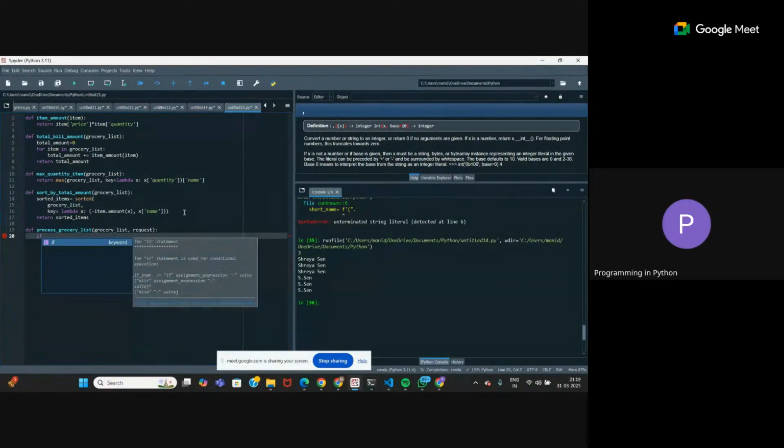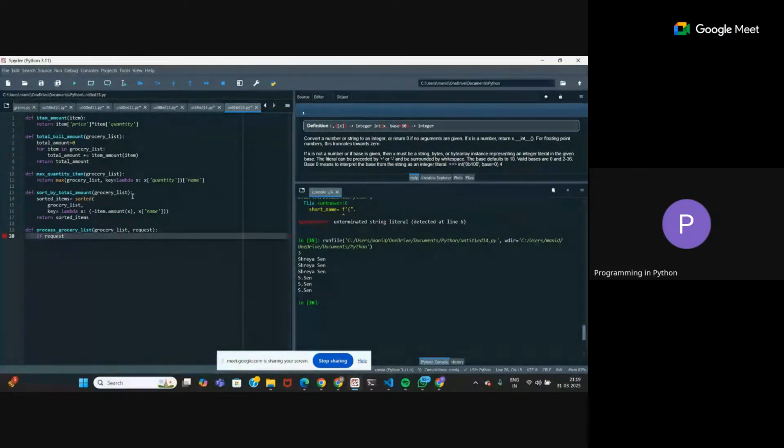So first you have to take an if statement. So if request, I'll just put this as a good practice. So grocery list is what type of element? List. List of dictionaries. Yeah. So I'll just put list, and request is what? String.